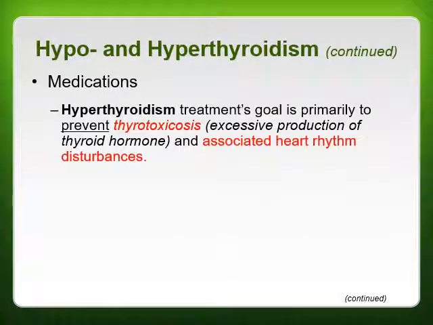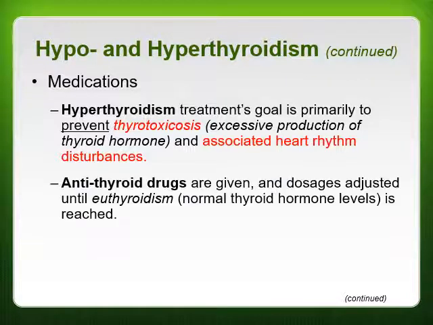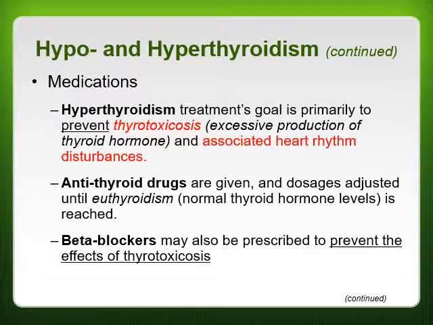For hyperthyroidism, treatment is primarily to prevent excessive production of the thyroid hormone, or thyrotoxicosis, and associated heart rhythm disturbances that go along with it. Anti-thyroid drugs are then given, and dosages are adjusted until you get to those normal thyroid hormone levels, which is known as euthyroidism. They might take beta blockers. Now, this is a common prescription. Beta blockers might be prescribed to prevent the effects of thyrotoxicosis,